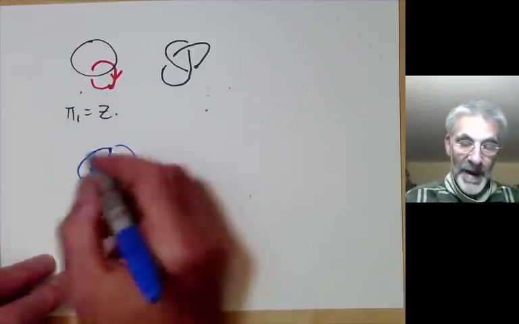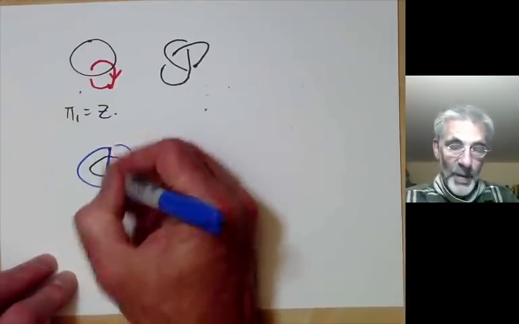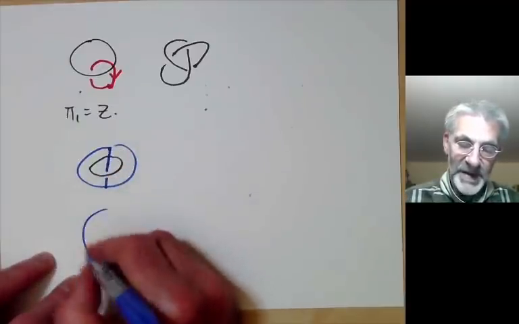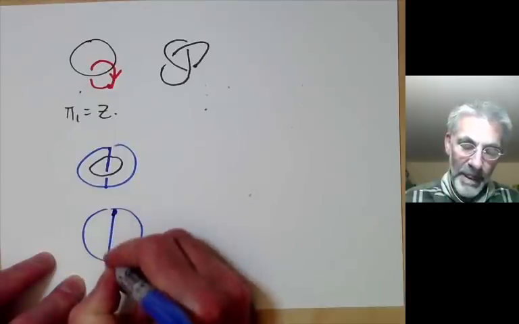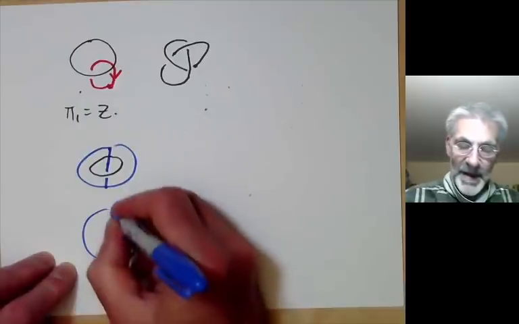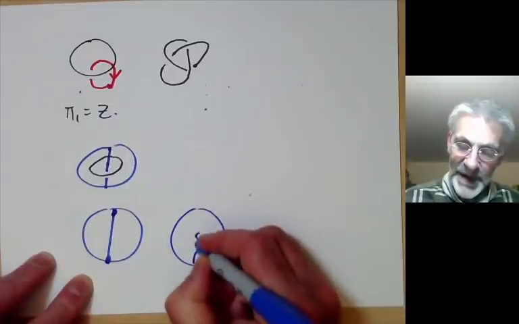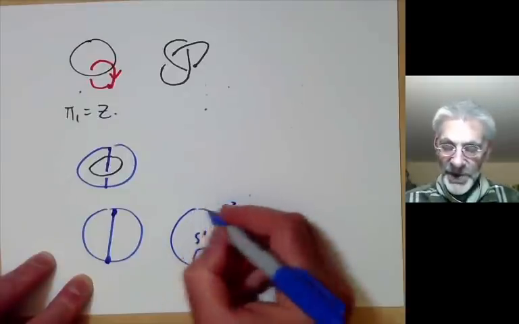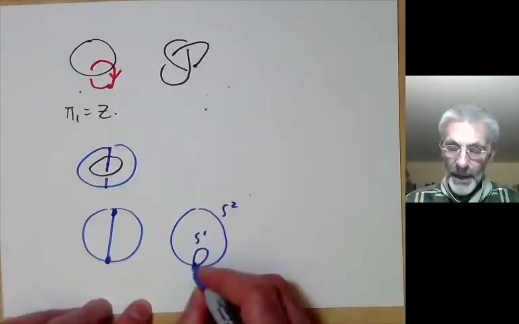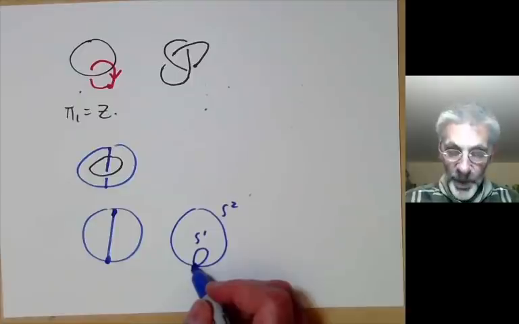So the fundamental group is the same as the fundamental group of a sphere with a diagonal added to it. And you can simplify this a bit further, because if you've got a sphere with its diagonal, then you can just move one end of the diagonal round until it joins the other end, and you can easily see that doesn't affect the fundamental group. So what we've got here is an S1 there and an S2 here, which sort of looks a bit like an S1 because I don't really know a good way of drawing an S2. And now what we've got is an S2 and an S1 joined at a single point, and as before,